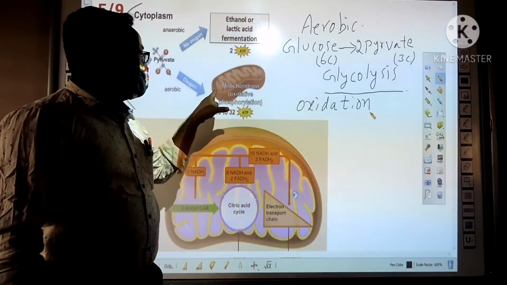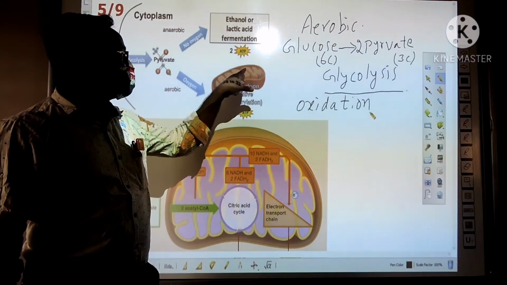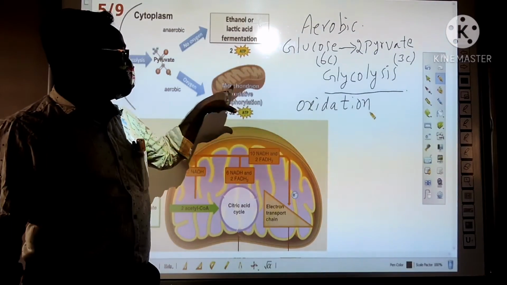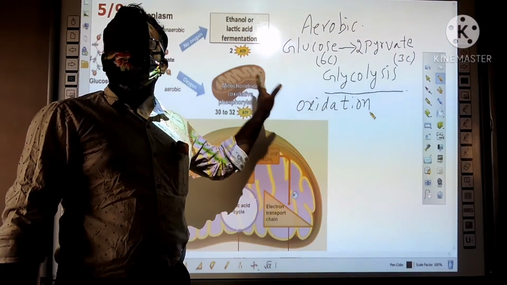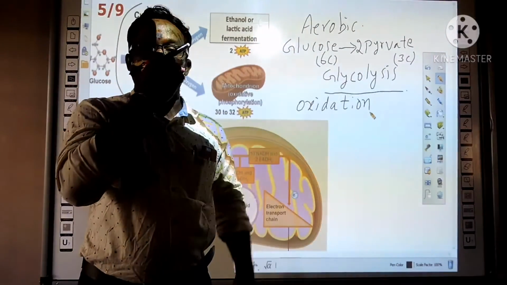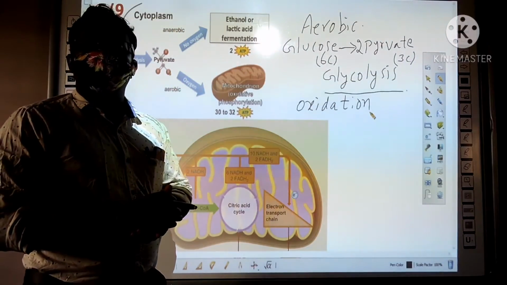So you have the structure of mitochondria. There are two membranes around them, and there are folds called cristae. The inner membrane folds into finger-like structures called cristae. On the cristae walls, this oxidation of pyruvate takes place. That means it combines with oxygen and energy is released.